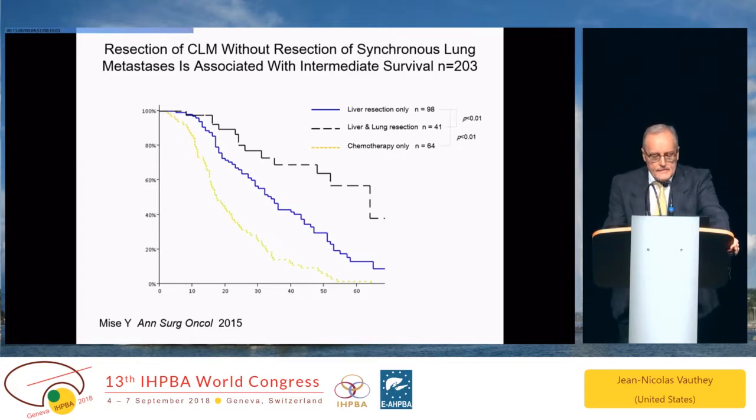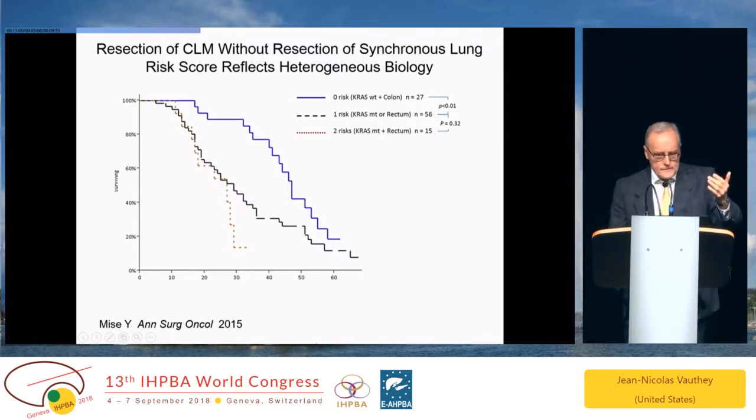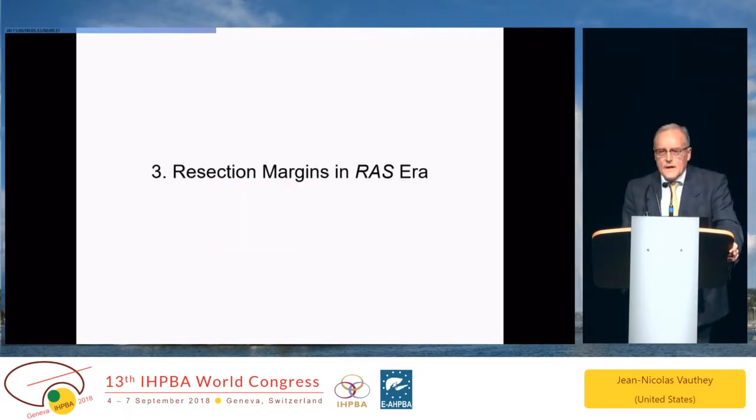You have a score here. You have an intermediate situation with liver resection only here in the presence of unresectable lung mets, but what you can do before you do the surgery, you can look at the RAS status and select these patients based on the RAS status. If you have the RAS status, you are here. And of course, this is not a surgical curve with a plateau. It's a curve with a shoulder now, but you're better off if you select your patients for this type of approach, unresectable lung mets with resectable liver mets, if you are in the presence of RAS wild type.